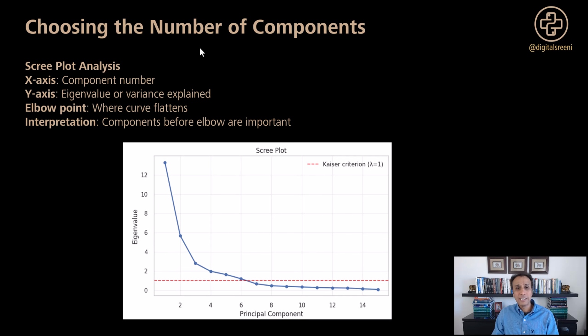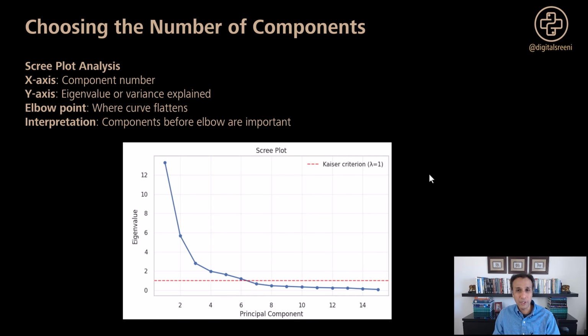Now the question is how to choose the number of components. You have principal component number 1, 2, 3, 4, 5, 6, and these are the eigenvalues of each. An eigenvalue tells you the importance in a way of each of these. An eigenvalue of 1 is called the Kaiser criterion. This is often used as a criterion to pick the number of components. On the plot, you can see if you pick an eigenvalue of 1, which is the red line, as your criterion, then you need 6 components, the first 6 components, to